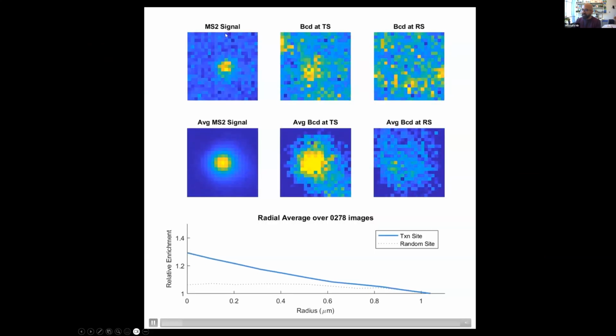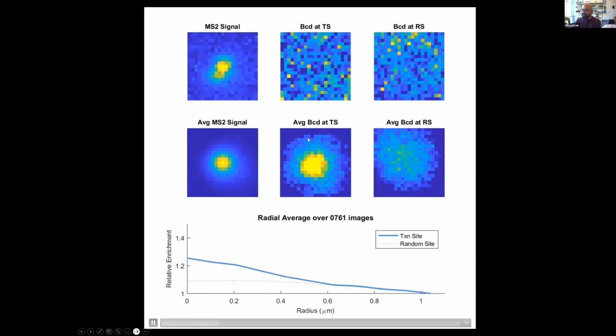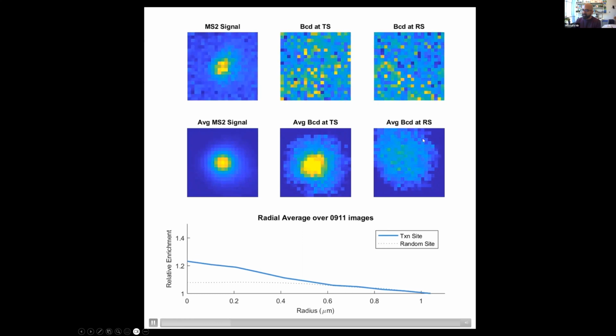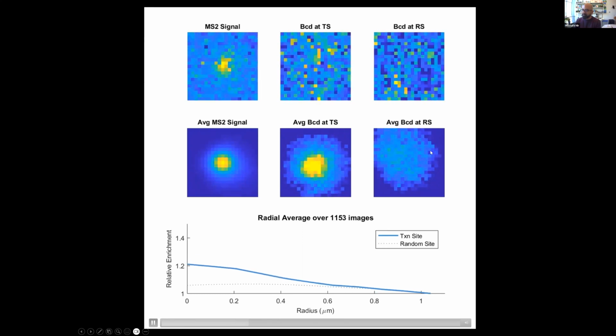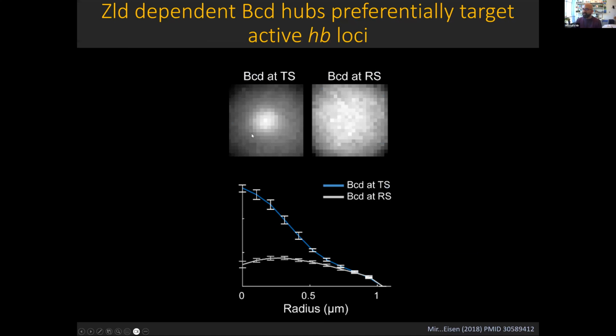And what we see as we start to average the signal is that you end up with an enrichment of the protein at the transcription site versus random sites in the nucleus. And what this tells us at the end is that these Zelda-dependent hubs of Bicoid are preferentially interacting with their target sites, leading to an enrichment of Bicoid at that locus